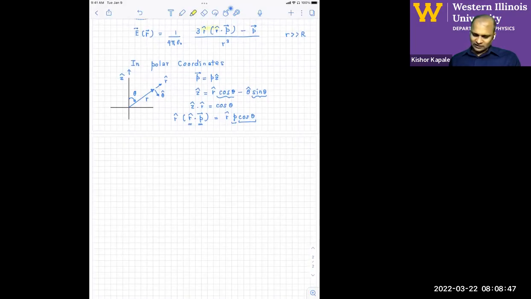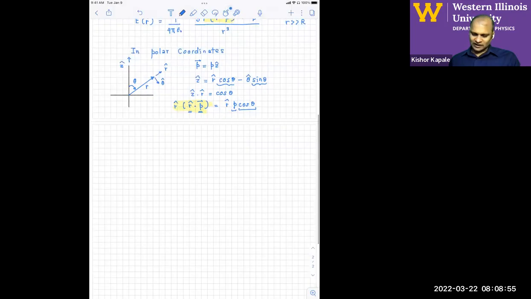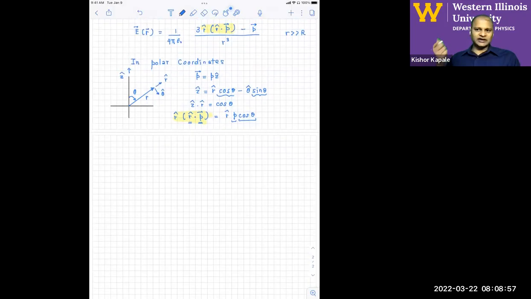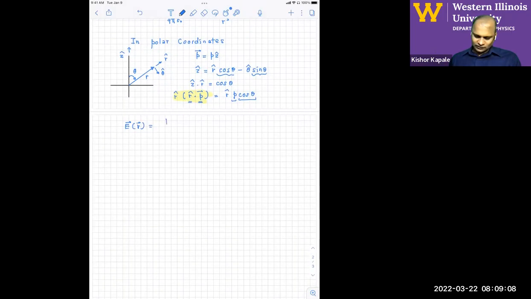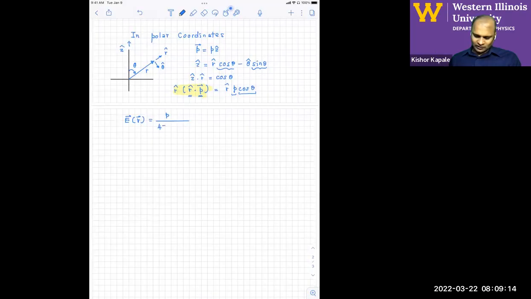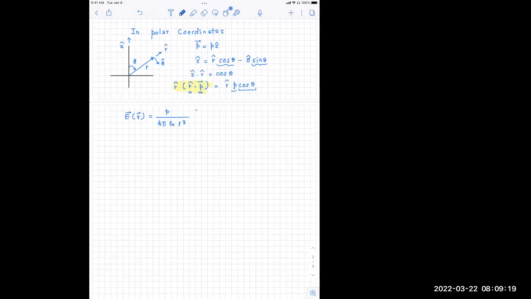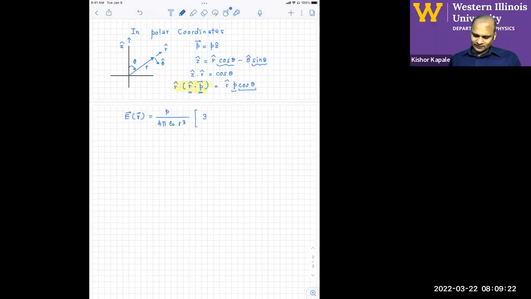So this, let's highlight it. This is what we are trying to simplify right now. Okay, and that's just very simply that. And p is just p, which is z hat, which we know already how to write down in terms of r and theta. And so now we are in a position to write down the total electric field vector, which is going to be p common, the amplitude of the dipole moment. So, and then you have 4 pi epsilon 0 r cubed,